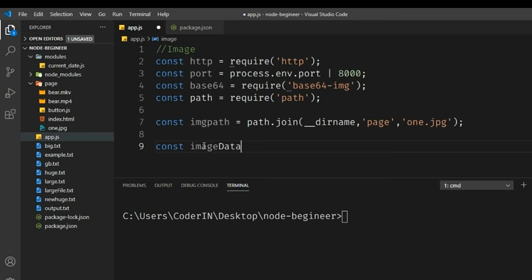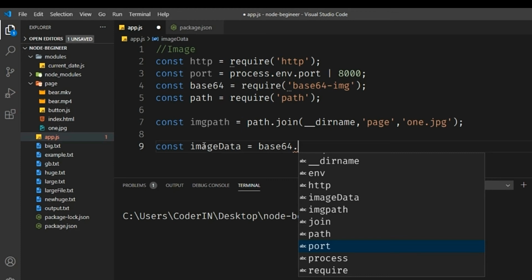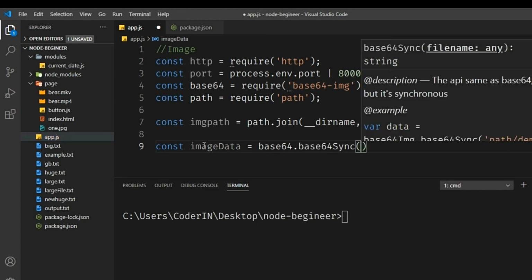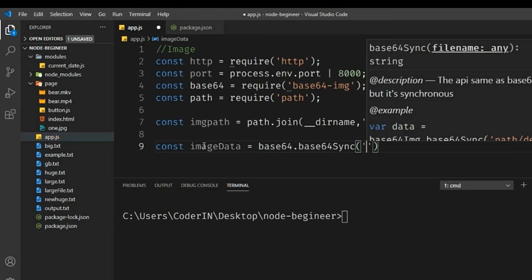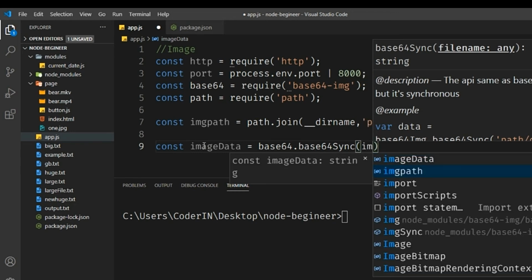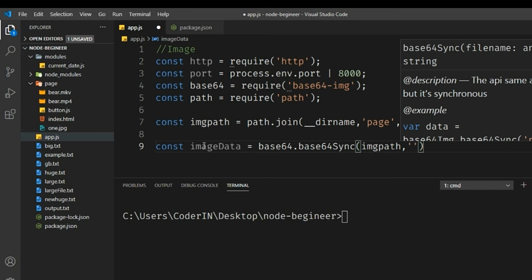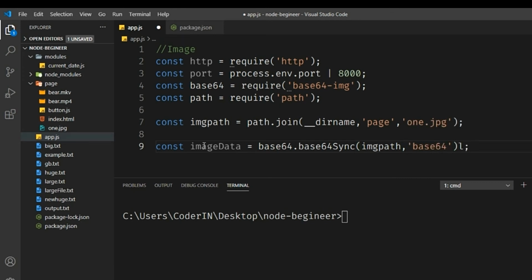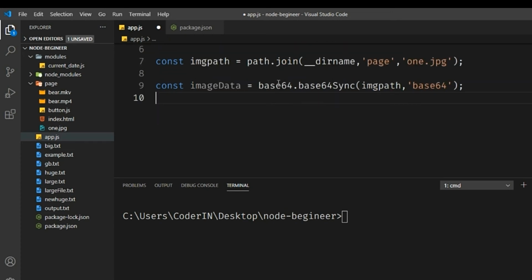So image data equals base64 dot base64 sync, and we are giving that image path. If you want, you can give an option, but I think we don't need this. This is not needed, so let me delete this.